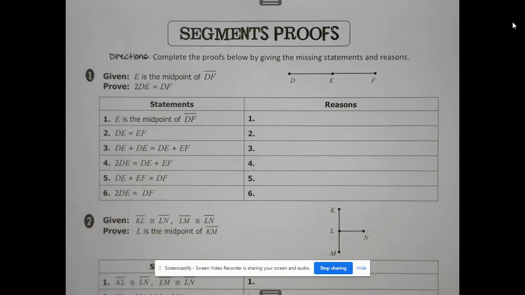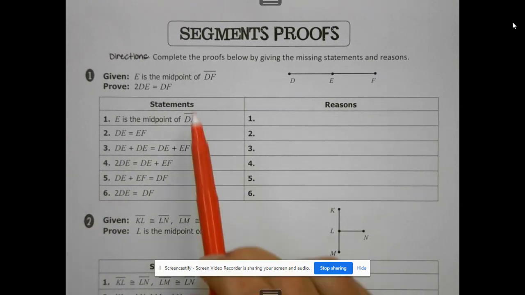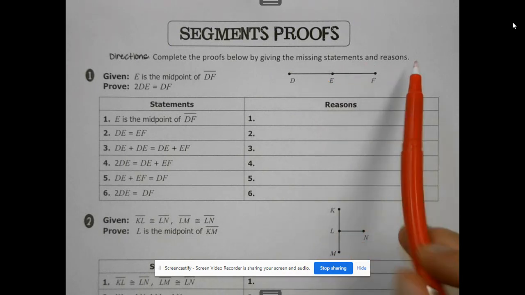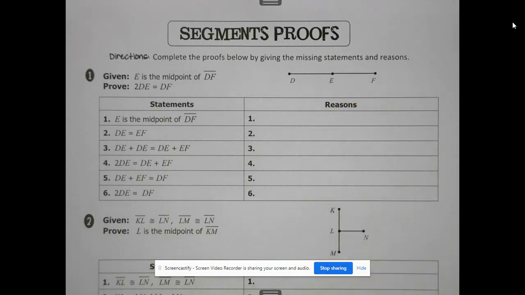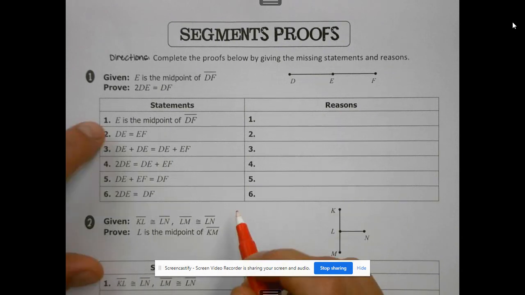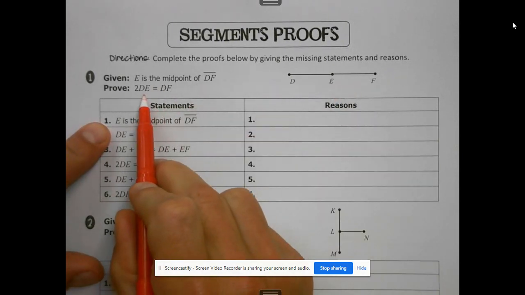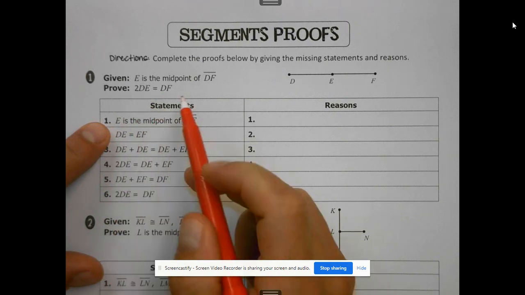All right, here we go. Segment proofs. Complete the proofs below by giving the missing statements and reasons. This page, they just want all the reasons from us. Given E is a midpoint of DF, we have to prove that if I double DE, that equals DF. First reason,